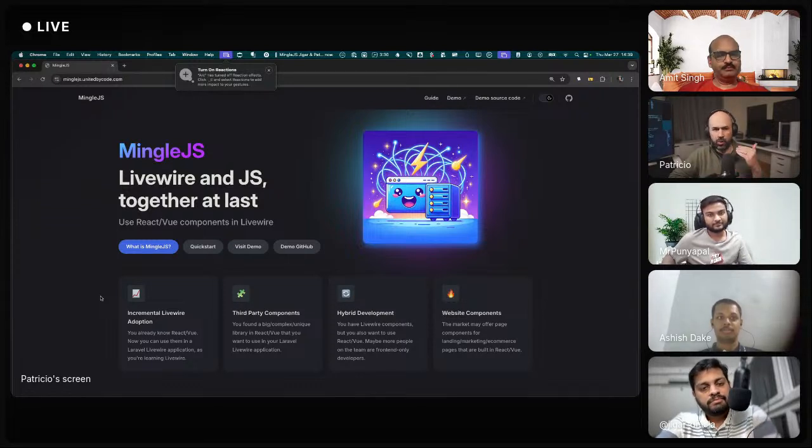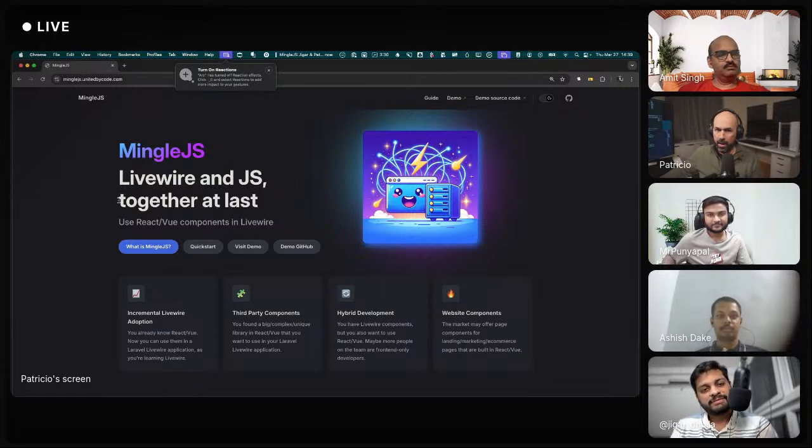Or you can also go incrementally, and you can have sections that are Livewire and always will be, but then other sections of such page or other pages might be a full JavaScript page. So this was the motivation to make it happen.